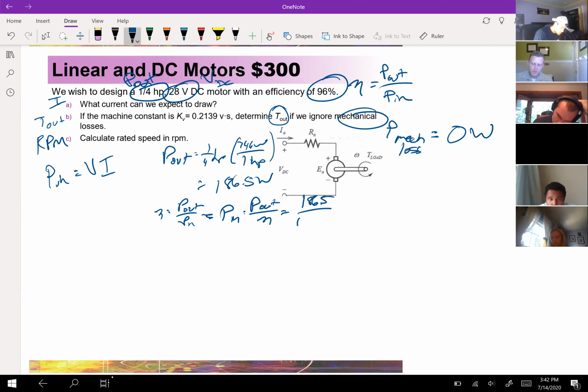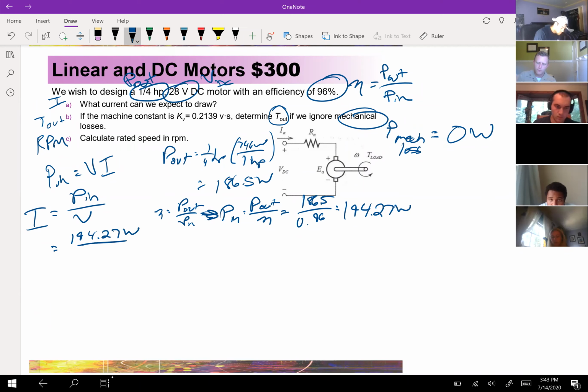186.5 divided by 0.96, and I get 194.27 watts. That's my P in. So now if I'm going to solve for I, P in divided by V, 194.27 watts over the V, which is 28 volts, and I is equal to 6.94 amps. One thing to note about power out and power in, your output power will always be less than